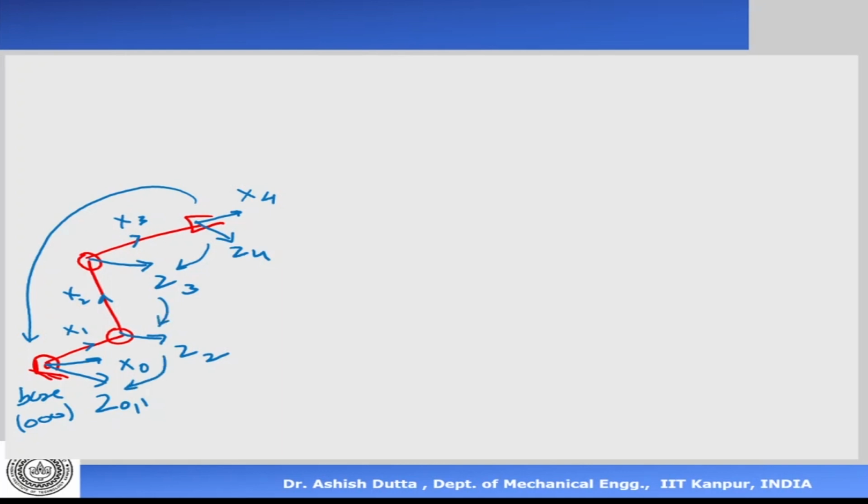Now what is the difference between these two frames? We observe that the origins are different. There is one origin here which is at 0, 0, 0, and the origin of frame 4 is here. So it is like the origin of frame 4 has translated by some distance and gone there. Okay, so there is a translation involved. Next, between these two frames, the frame 0 and the frame 4, there is some angle between the axes, right? So there is some rotation involved. So there are two transformations that are involved. One is called the rotation transformation, and the other is the translation transformation.